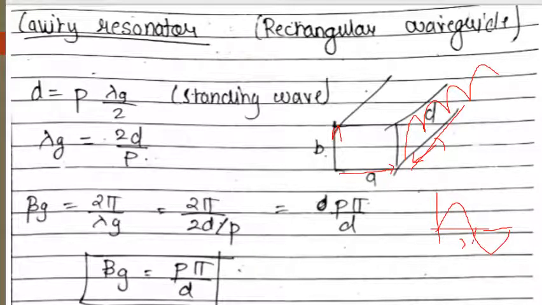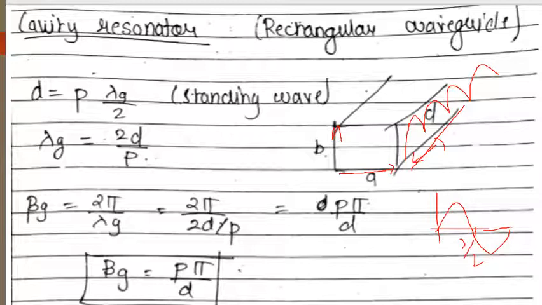So resonance is a condition in which the wave which is propagating in one direction and the wave which is returning in another direction, a maximum point will come when both the standing waves will be having a constructive interference with each other. So that condition is going to be a resonance.